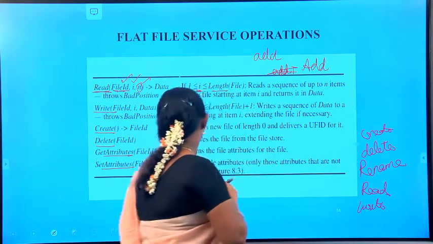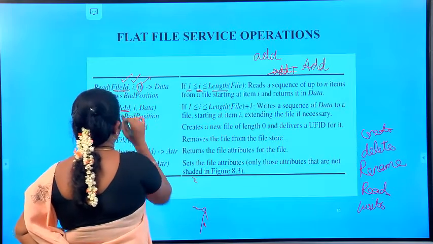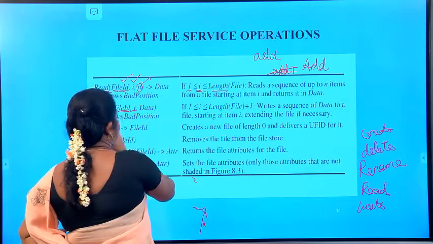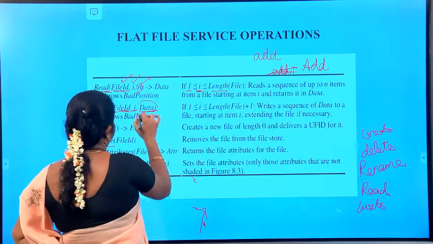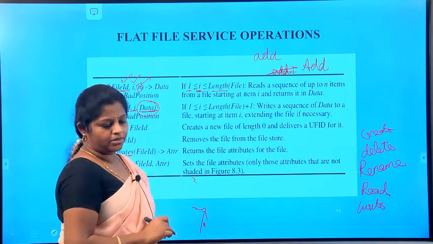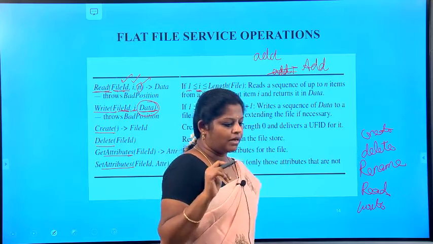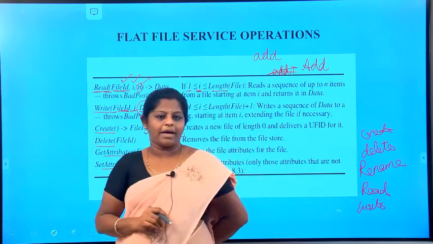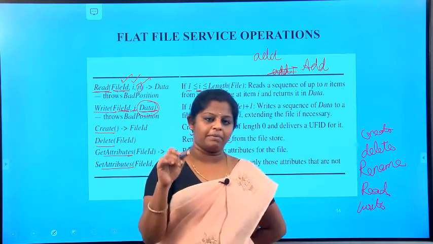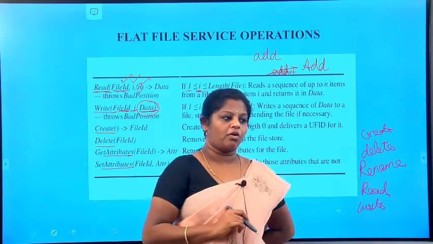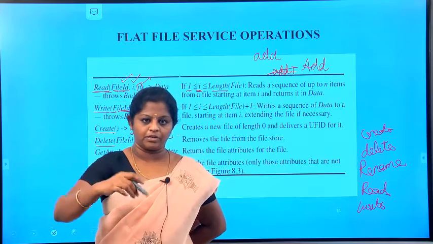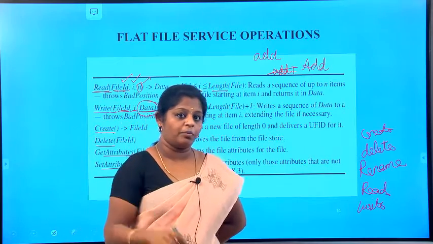In the write operation, you see the file ID is also required. I is the position where they are going to start, and the data to be written is given as well. So the read and write operations require the parameter I. It is compulsory; it specifies the position in the file. I already told you where it is going to be read from and where they want to be writing.